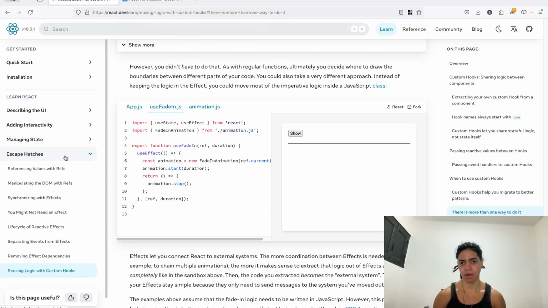So the point of this is that we look at how we can use that, especially for counters and timers, which is very useful, as well as for access to the browser API to talk to inputs, for example, to know some of the properties, such as focus on that input, or to know the dimensions of that element. And when it comes to talking to external systems or synchronizing with external systems, what this useEffect built-in tool allows us to do is run this